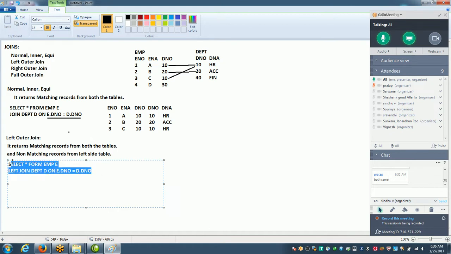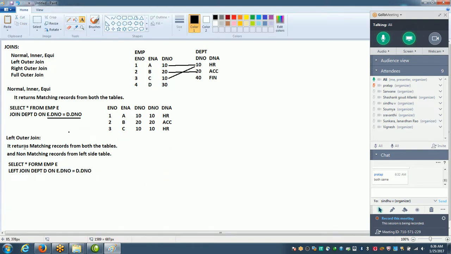So this is the query. Okay, so select star from the first table. This is left side table and this is right table. So whatever you write first, that is the left table, the other table is the right side table. So select star from this table, left join dept d on e dot department number is equals to d dot department